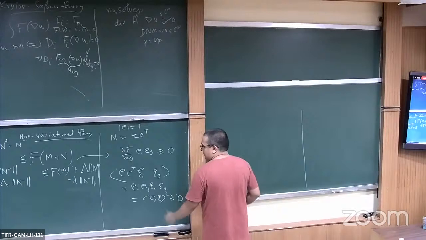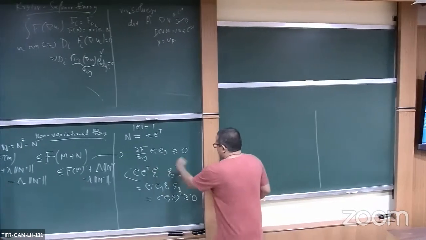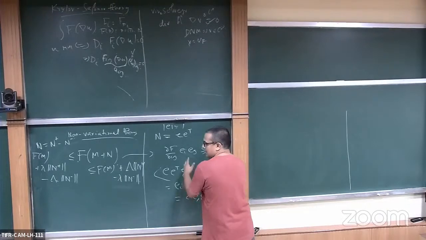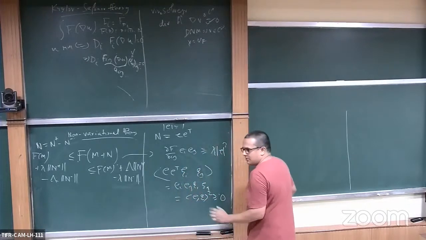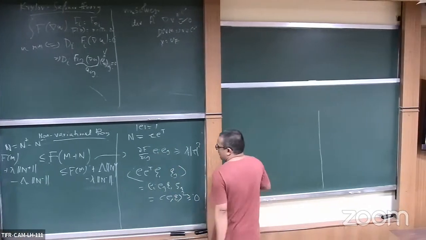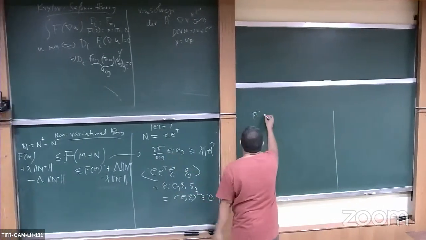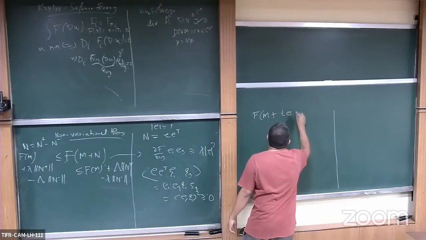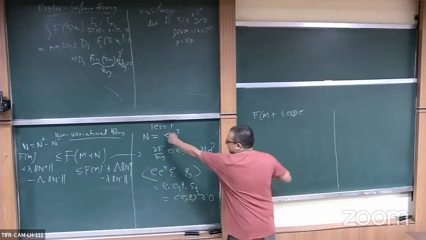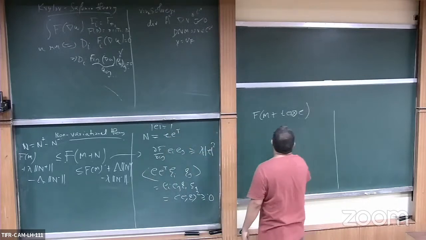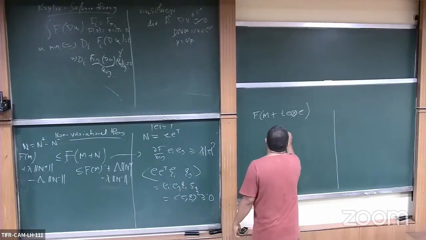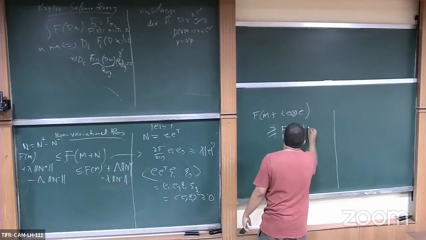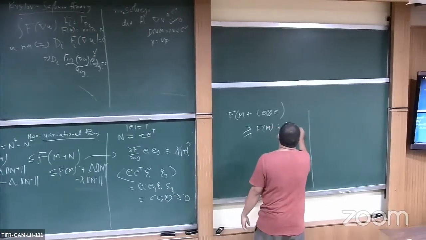So it's very simple. What you do is the following. In fact, what you get is that this is bigger than or equal to little lambda times |e| square. That is what I want to achieve. Bigger than or equal to 0 is the formal statement. So how do you do that? You apply the condition on any m: f of m plus some t times e tensor e, which is what this e transpose e is, and this you know is less than or equal to f of m plus little lambda times t times